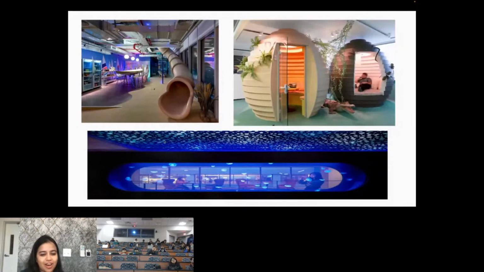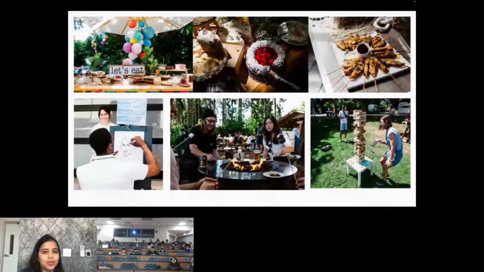And in my building, we have this jellyfish lounge, which is very relaxing. You can just sit there and watch the jellyfish. You can work there or just take a break, anything. And there are also various sleeping pods that are provided just in case you want to take a rest in between your working. These are some of the images from the recent Google summer picnic that we had. Obviously there's lots of delicious food, and there were very fun games and some fun activities like the caricature paintings.